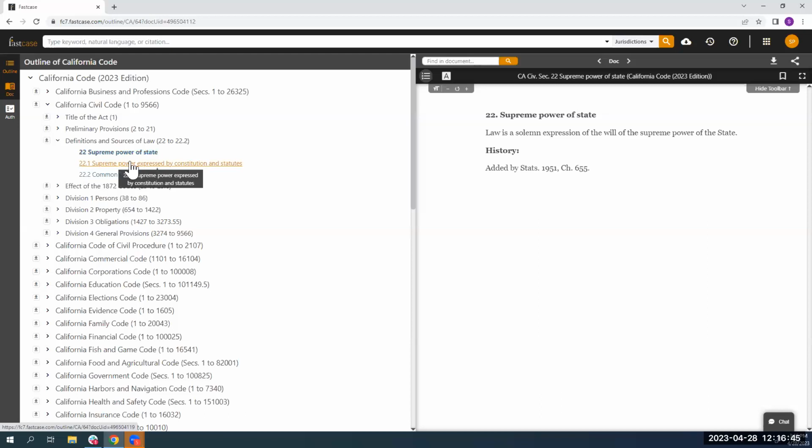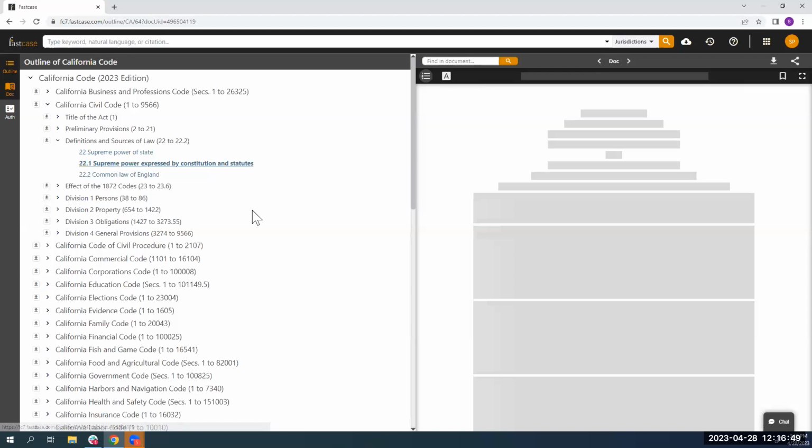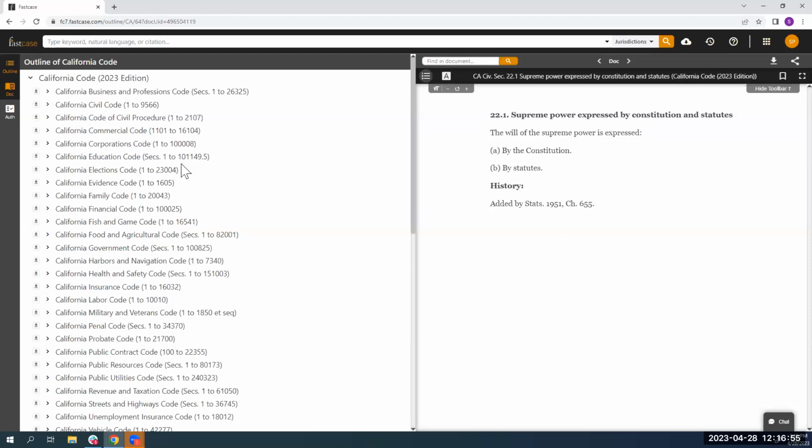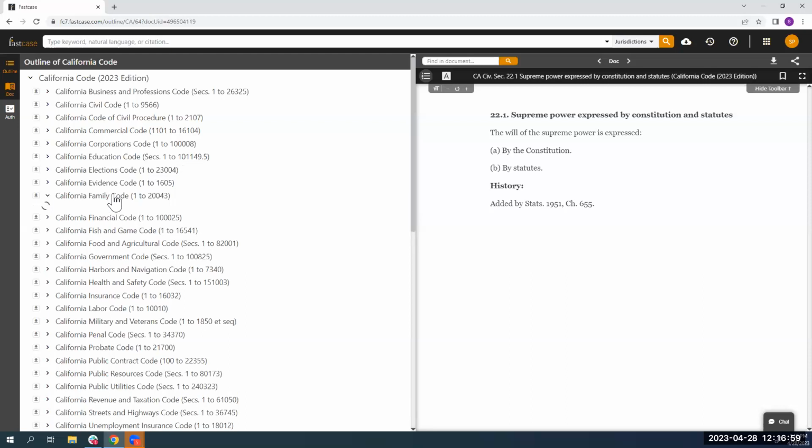But the outline remains on the left. This is so that you can quickly navigate between the statutes to read through whole subsections or compare them as you see necessary. So for example, if we wanted to go through and take a look at the family code,